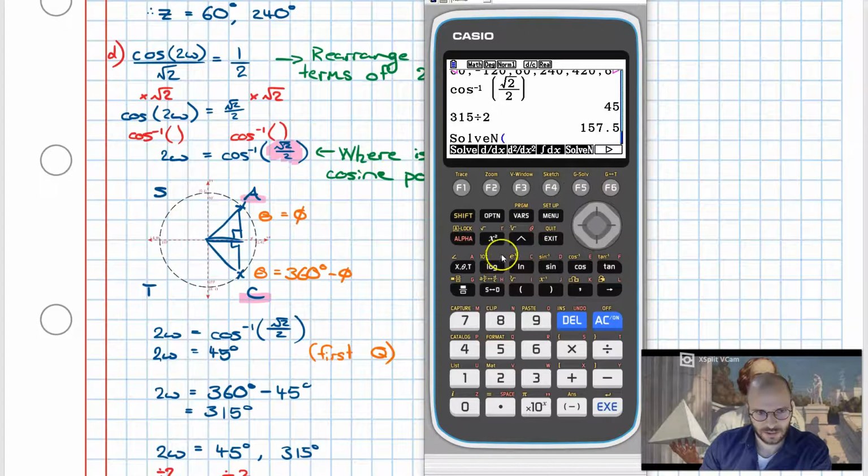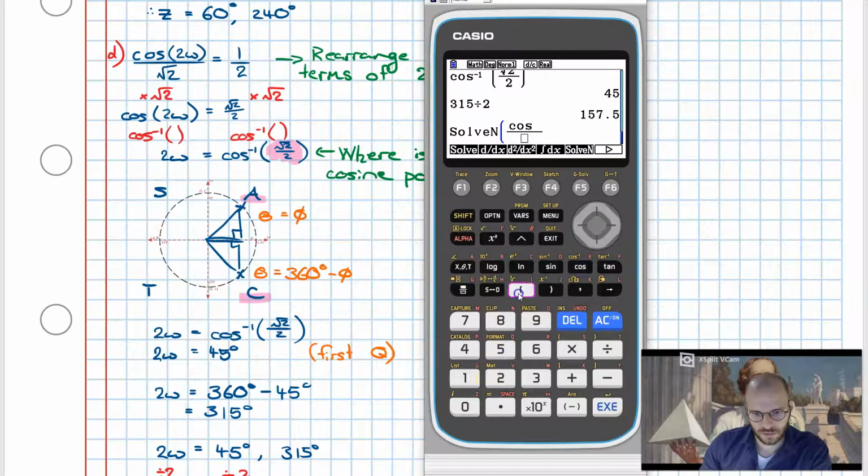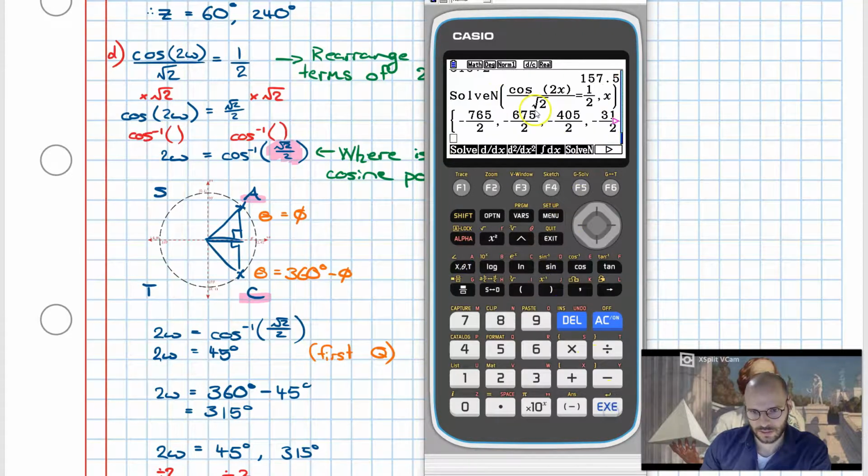Now, verifying that we've got the correct solutions here, we can simply use our calculator. So solve cosine of, in our case, 2x for this calculator. Then we're going to get shift root 2, shift equals, then we're going to go 1 over 2. Tell the calculator to solve in terms of x, ignore the warning, go on up, and we're going to get